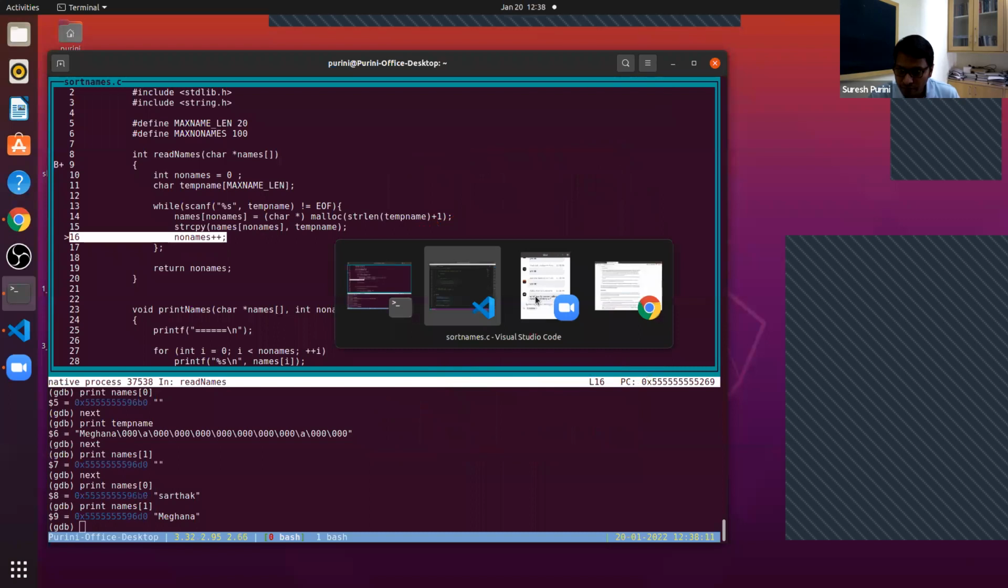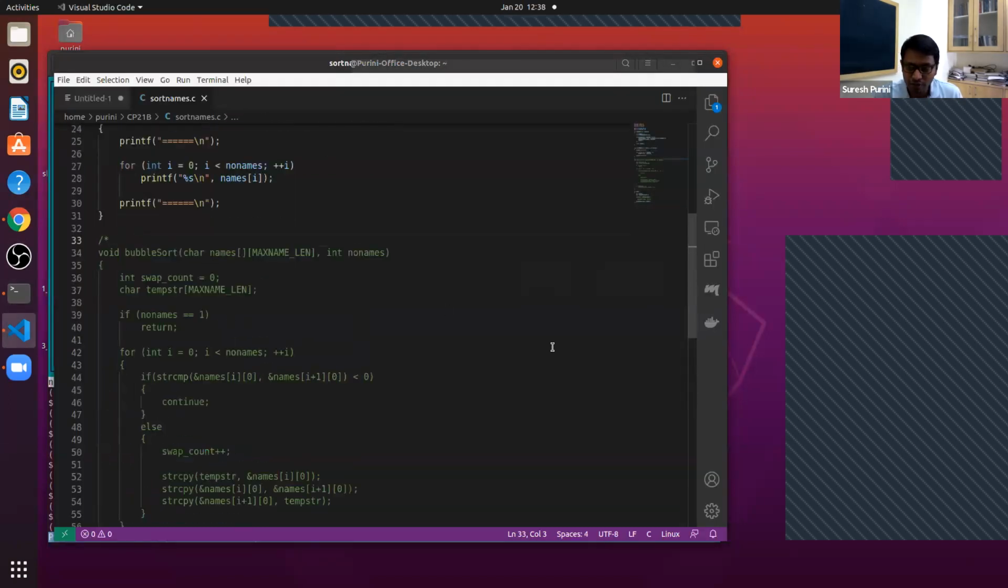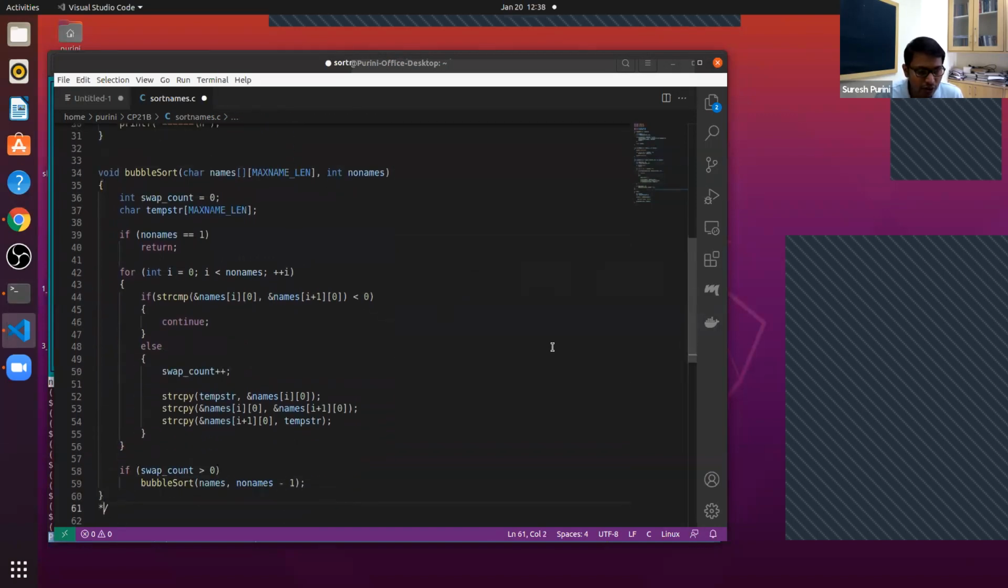get back to dynamic means we are allocating memory on the fly, not before. Names is an array of character pointers. That's true. So now let's go to